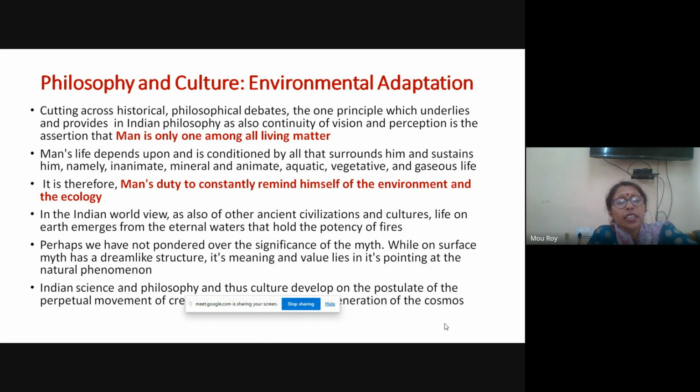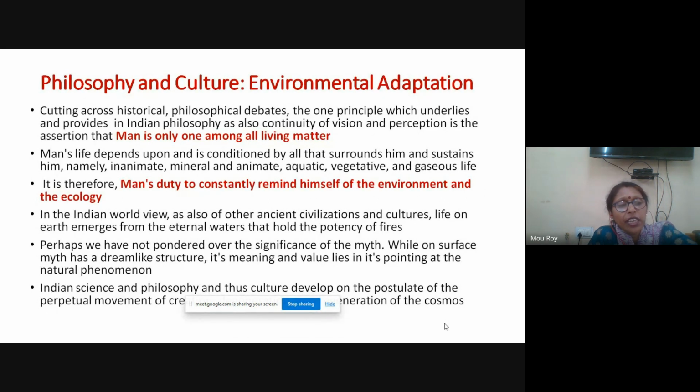Secondly, Indian philosophy also emphasizes the idea of interconnectedness. Yesterday, there was a slide on interconnectedness or interdependence. We all have to depend on each other for the survival of existence. That is very important. It is recognized that all living beings are interconnected and rely on each other for their survival, their well-being, their existence. And this understanding highlights the need for conservation and sustainable management of natural resources.